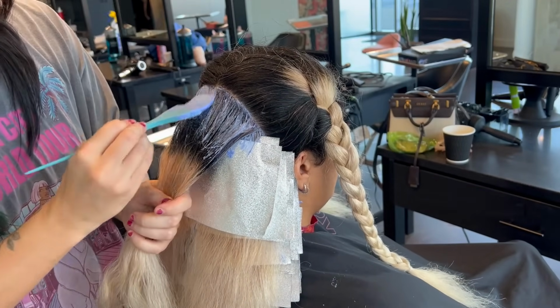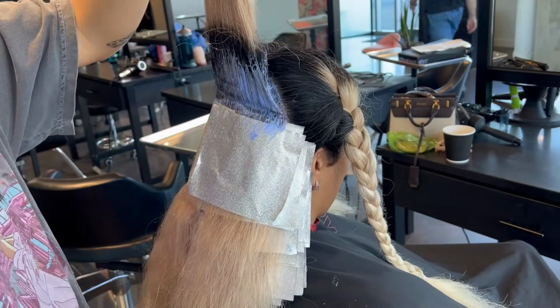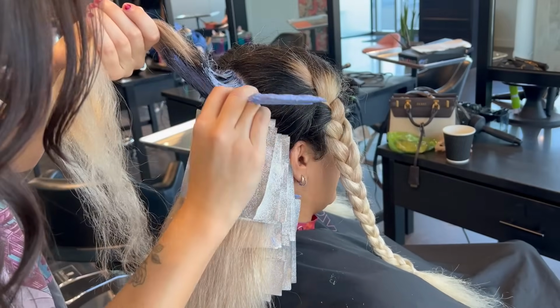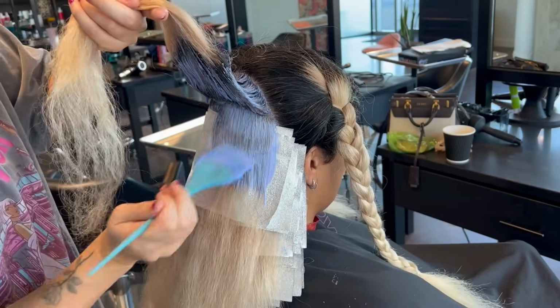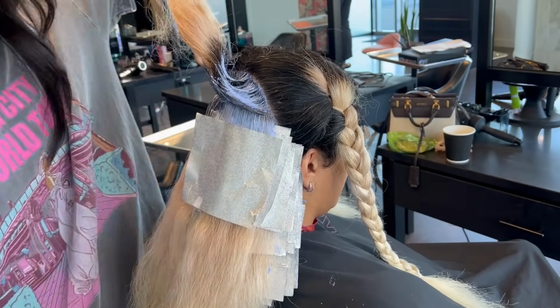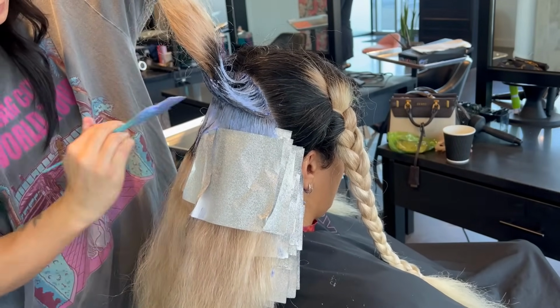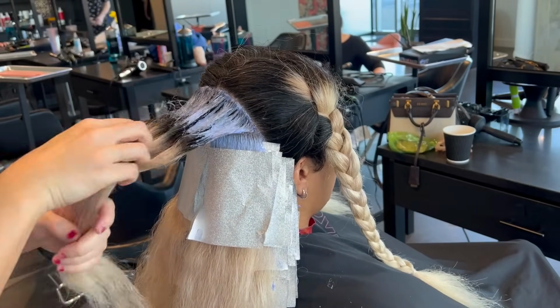We're going to talk really quickly about something that's kind of uncomfortable for me to discuss, but I feel like it is important. The pricing. I don't oftentimes reveal my pricing to a lot of people for many reasons, but today I am. I think it's important that everybody knows why this client was charged what she was charged, and how the hair